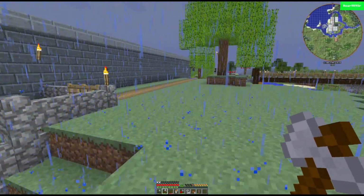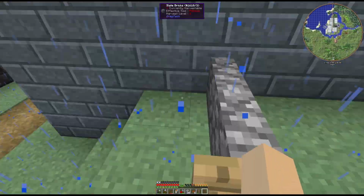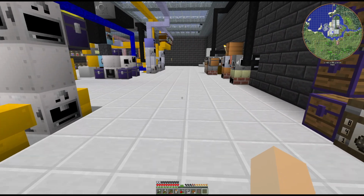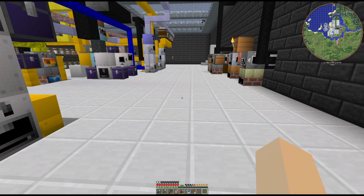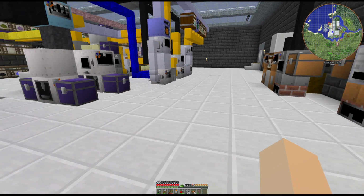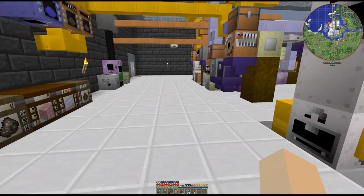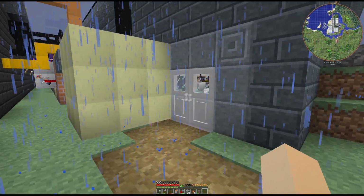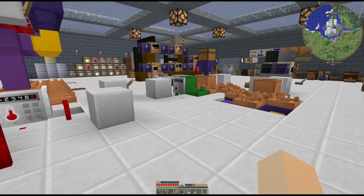Which honestly, this is why a lot of people just go with solar and just make huge solar farms, because it's a lot easier. But I don't like solar farms. They're too easy. This is the part of GregTech that I really enjoy. Having to manage your power, having different things making power for you in different ways so that everything works together. And the downside is that at times things happen like right now where I'm just out of power. And that means it's time to upgrade, which is what we're trying to do with the gas turbine. Which,